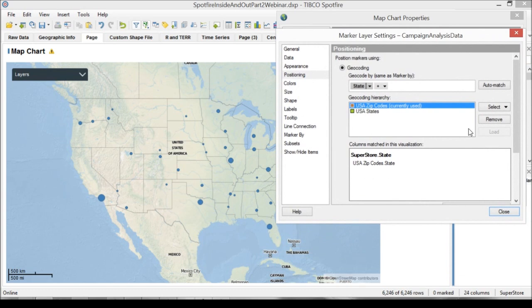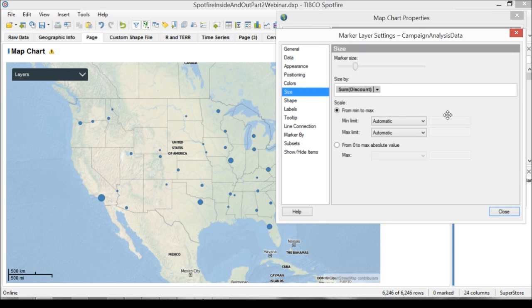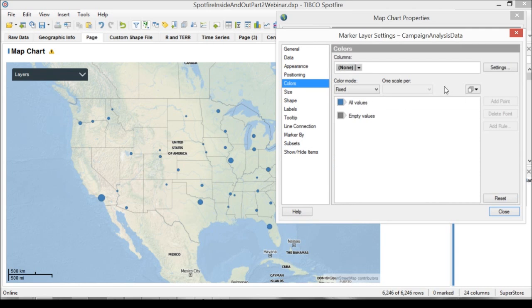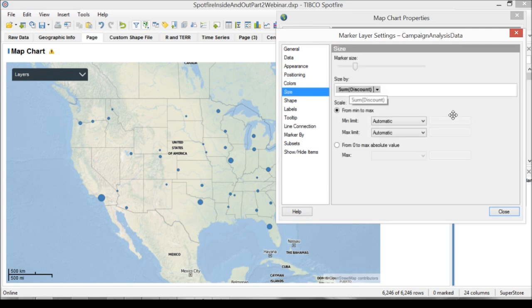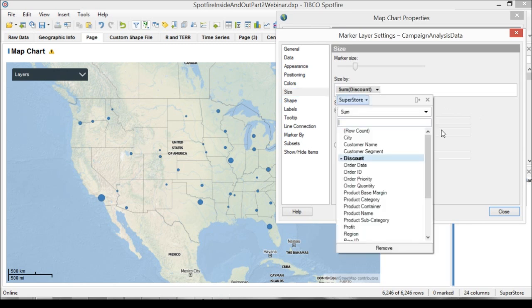This is when we get into our geocoding hierarchy. Geocoding hierarchy sounds very complex, but all it is, simply put, is just the values that are in one of our data tables, or the underlying layers, with associated lat and longs that tell us where to put some other value. So when we say that, okay, we want to indicate marker size by some discount in the Superstore data,